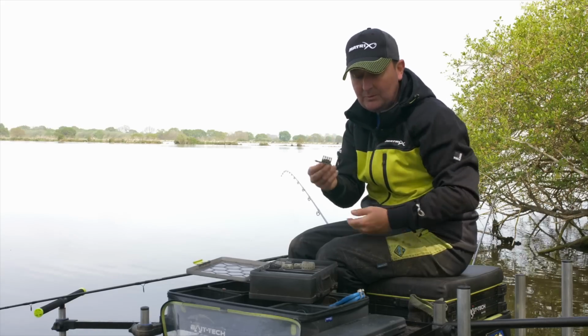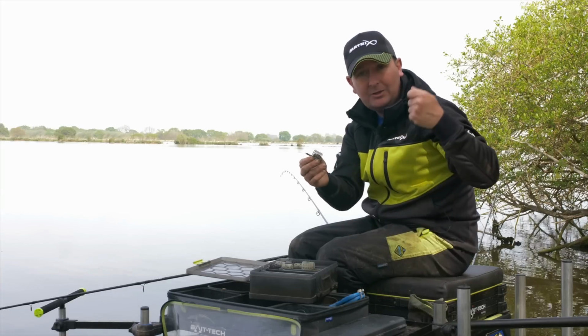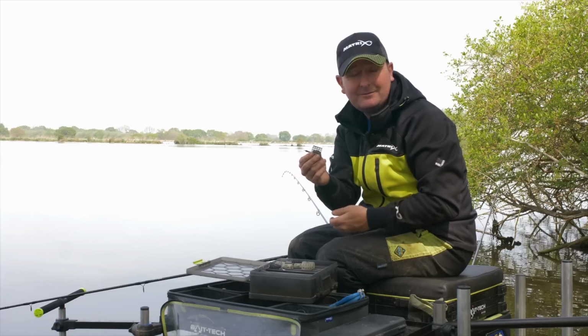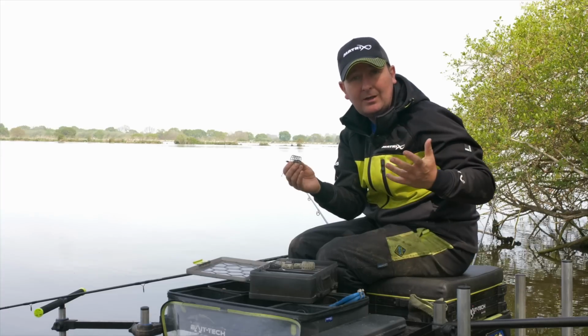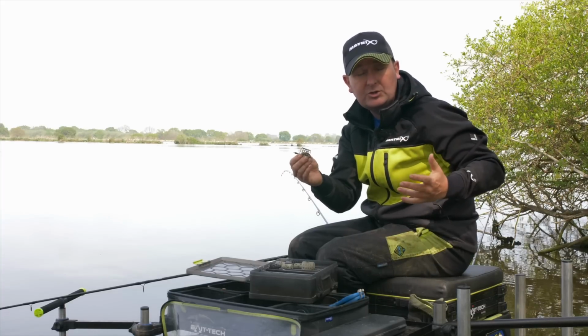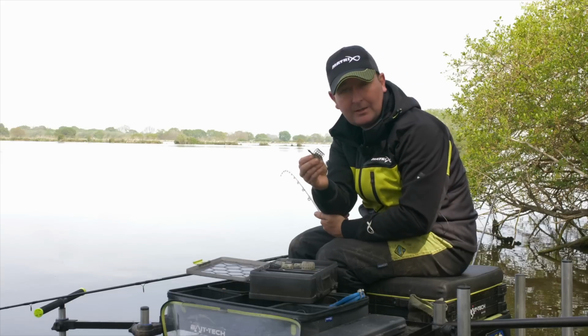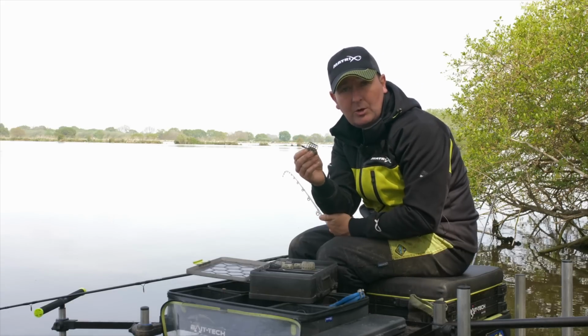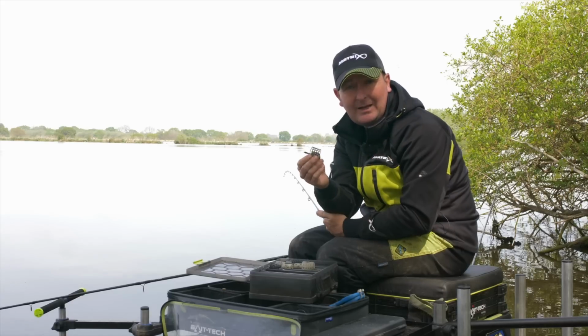Sometimes if you're using a feeder where the water can't get to it and you're hooking fish straight away, the feeder can actually be emptying whilst you're playing that fish and reeling it back towards you. And obviously that's spreading bait all over your swim, and you want to avoid that if you possibly can. So that's a great feeder if you want your ground bait to break down quickly and empty from the feeder